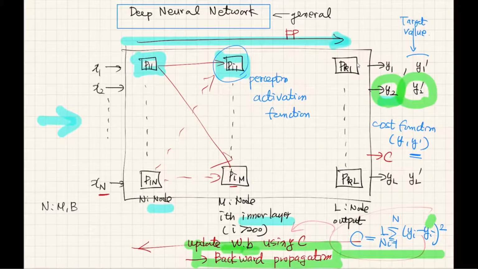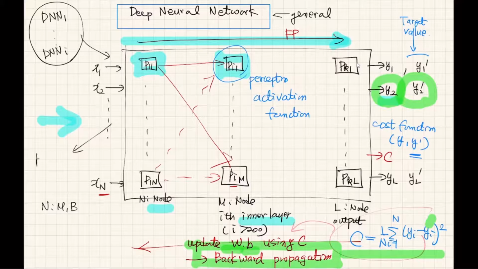Now, later on I will give you more idea about the deep neural network. Let's assume that this is deep neural network 1, but later we can combine many different types of deep neural network together to complete a very complicated deep neural network. For the case of transformer learning or GPT-3, the configuration of deep neural network is much more complicated. But still, this kind of deep neural network block is also a kind of building block